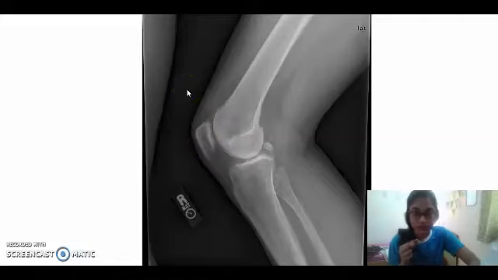There is no artifact found in this radiograph, and the collimation is adequate because the superior border includes the 1/3 of distal femur, inferior border includes the 1/3 of proximal fibula and tibia, and the lateral collimation included the outer skin margin. And there is a marker found indicating the right side of the knee, and the exposure factors are